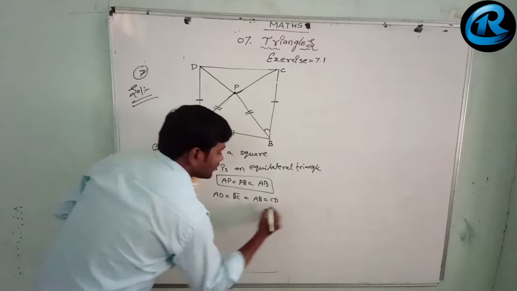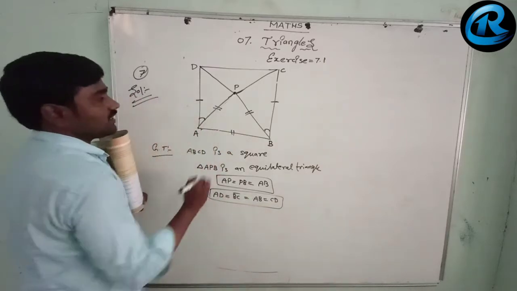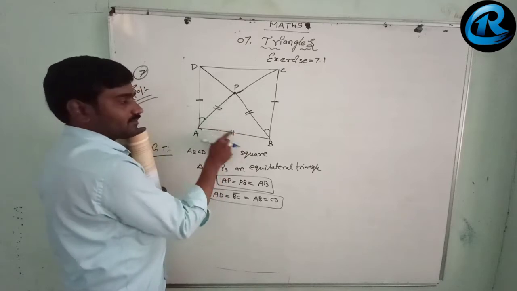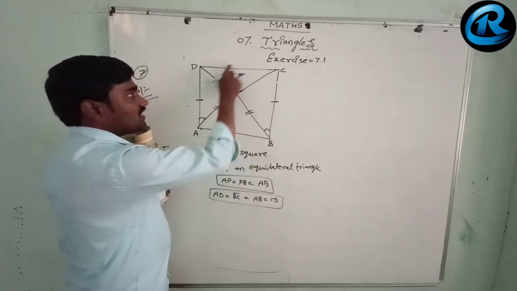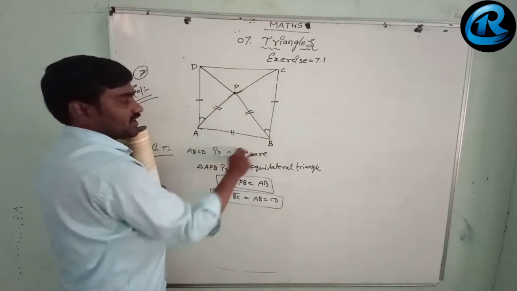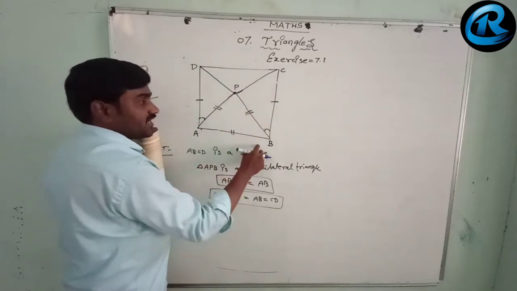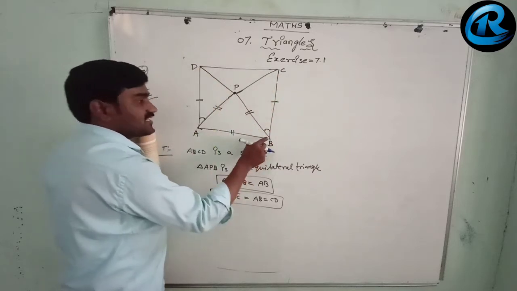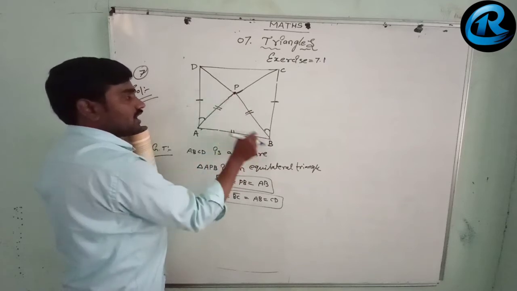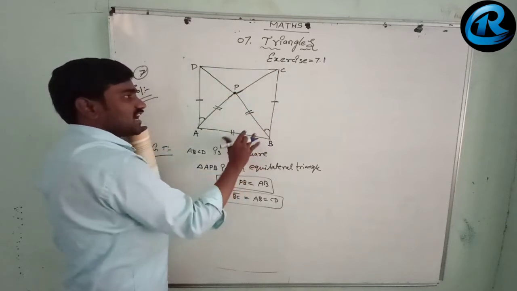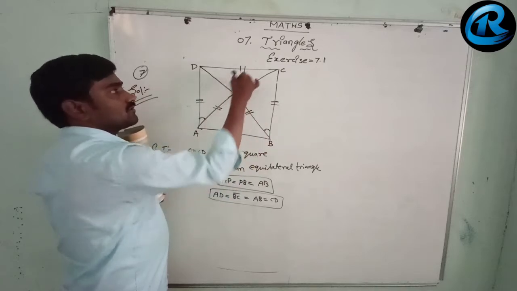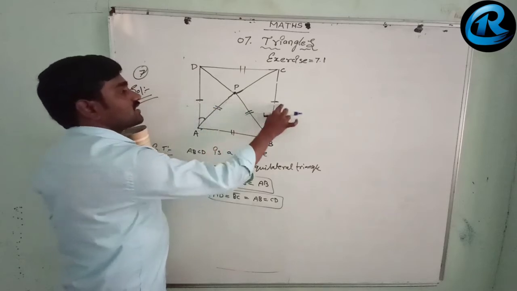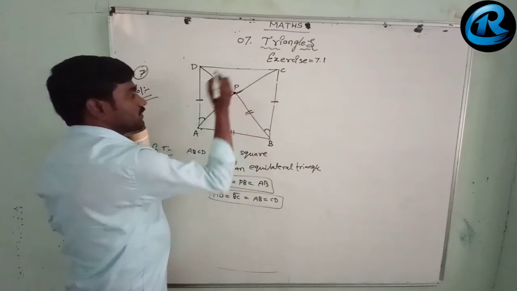AB equal to CD. Now if you observe closely, these three sides are equal because it is an equilateral triangle. This side AB is equal to all these three sides, again because it is a square. All the sides are equal. That is, AB is equal to BC is equal to CD is equal to DA, and also this AB is equal to PB and AP. That means all these sides will be the same. We can put them in any way because all will be equal. But as given in the question, let us put it like that and we will do it.